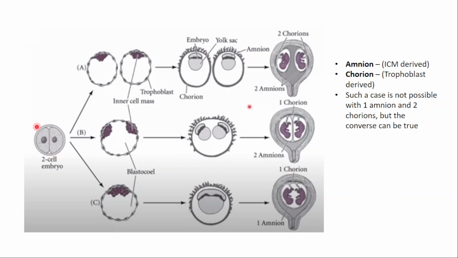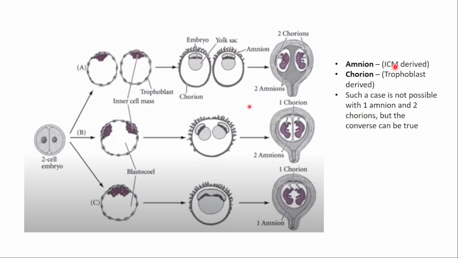Monozygotic twins result from single fertilization, so one egg fertilized by one sperm. But when the zygote is in two-celled stage, there can be different fates. If by chance these two cells get physically separated, then each of them, having the same genetic makeup of the initial zygote, can now form a blastocyst with two different inner cell masses and two different trophoblasts. So two different individual blastocysts, and two such blastocysts can implant.